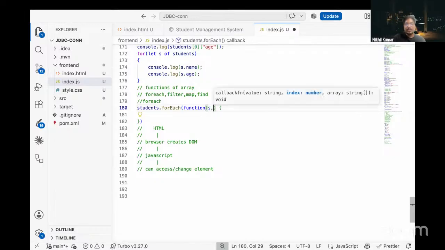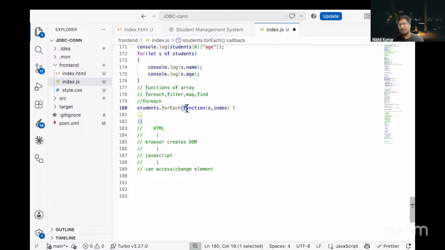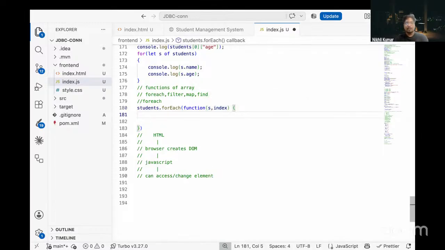We can also get the index here as well. Whenever we use the forEach function, we can pass the function directly, and we will get this s and the index automatically from our students. If we want to use the index, we can also pass the index. If we don't want to use the index, it will be only the value. So here I will write console log